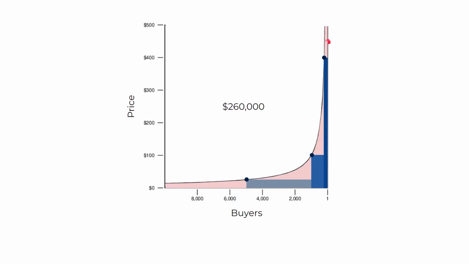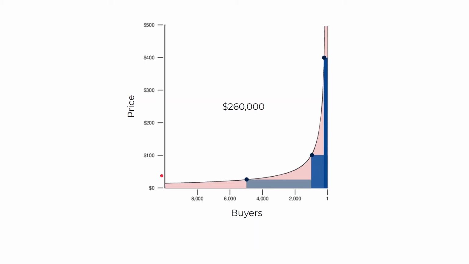100 plus 80 plus 80 is 260,000. And now you see how we went from one price point making 100,000, to 3 price points, and now we are making 260,000. Just notice that we are still not capturing some revenue under the curve, but we cannot have infinite price points. So 3 price points is way better than 1. And it's kind of the sweet spot where you want to be, at least when you start to apply this principle.